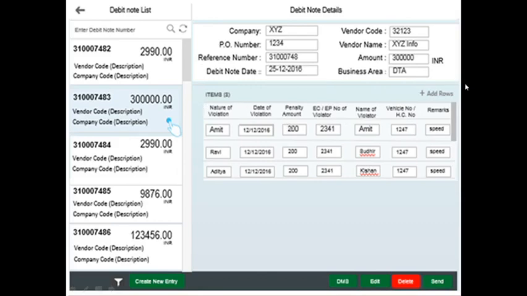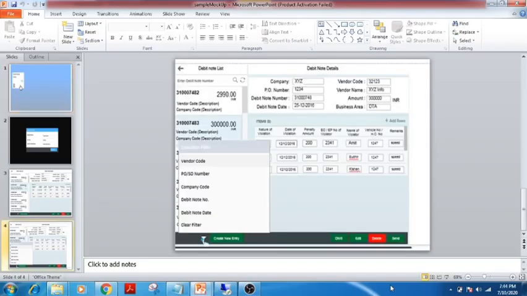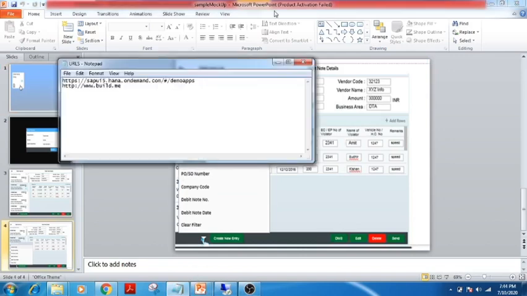You can see I can select, I can add rows here, like I can add the item entries into my debit note number also. Here itself I can delete also, I can send, I can edit. So this is also a very high level markup. It is also not a complete markup, but ideally your markup should consist of the detailed app representation, how it's going to be. You can actually build this mockup directly in PowerPoint also.